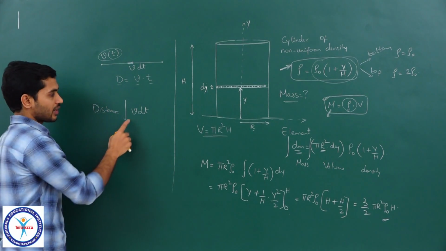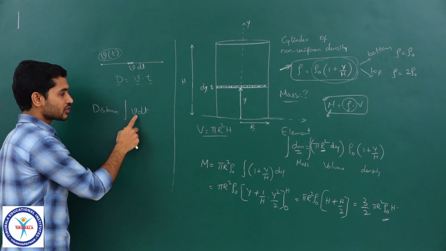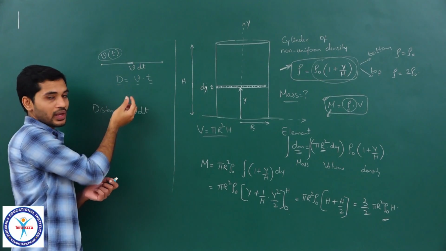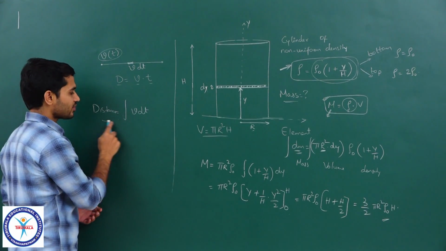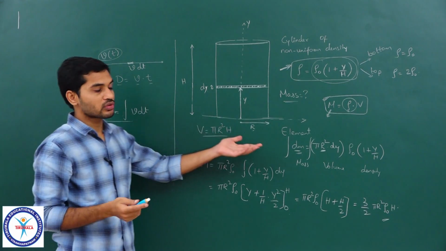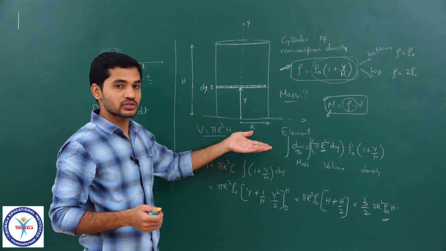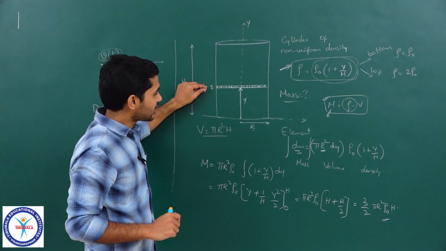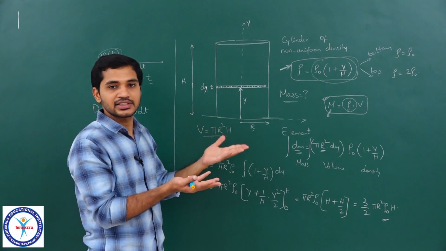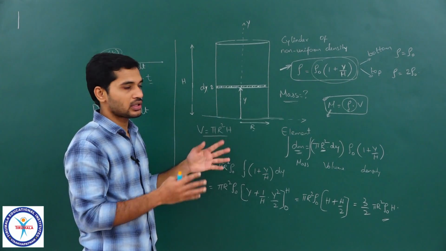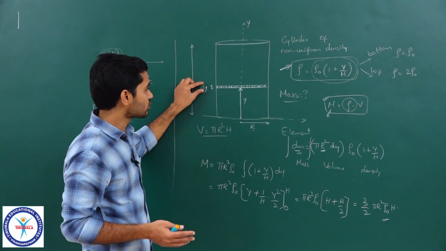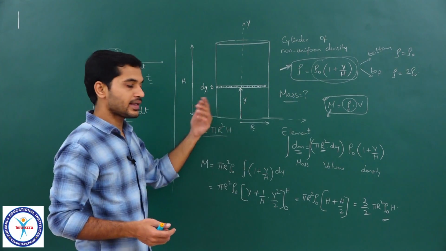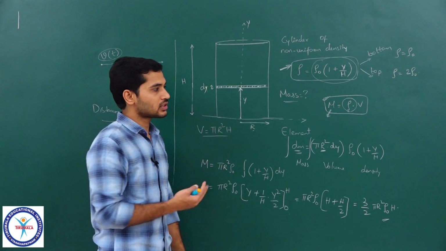Remember that? So whenever we have a parameter which is continuously varying, find what will be the change in a small value and then integrate that. So that is what we have done in the case of distance. That is what we have done in the case of this question to find out the mass. So instead of considering the whole cylinder, I have taken a very thin cylinder where the density will not change much, or we can say that it doesn't change at all because of the infinitesimal thickness. Find the mass of that small element and integrate that. Clear, students? So that is the idea.